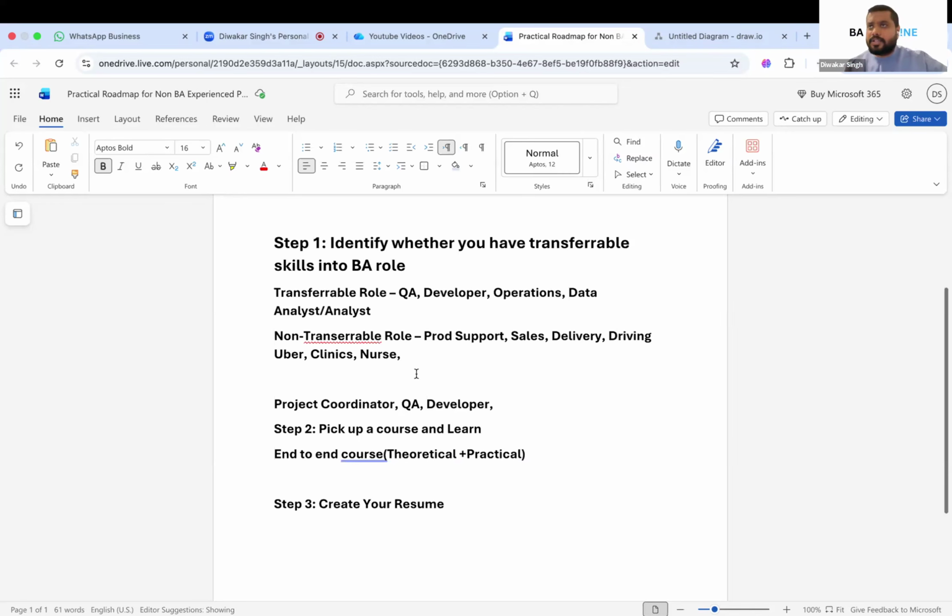Otherwise, your resume will not get shortlisted. Okay, despite showing all the skill sets, using all the strong BA keywords, if it doesn't match the experience criteria, it will not be shortlisted. So, the first step is to get your resume shortlisted, and then the next questions will come during the interviews on your background and all those things. Okay, but let's first cross the first step.